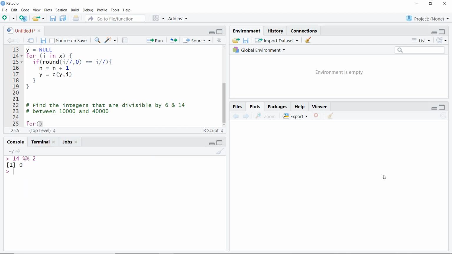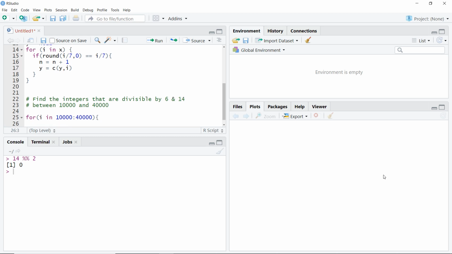I'll say for i in 10,000 to 40,000, and then I open my curly bracket, press enter, and I have if my i modulus 6 is equal to 0.